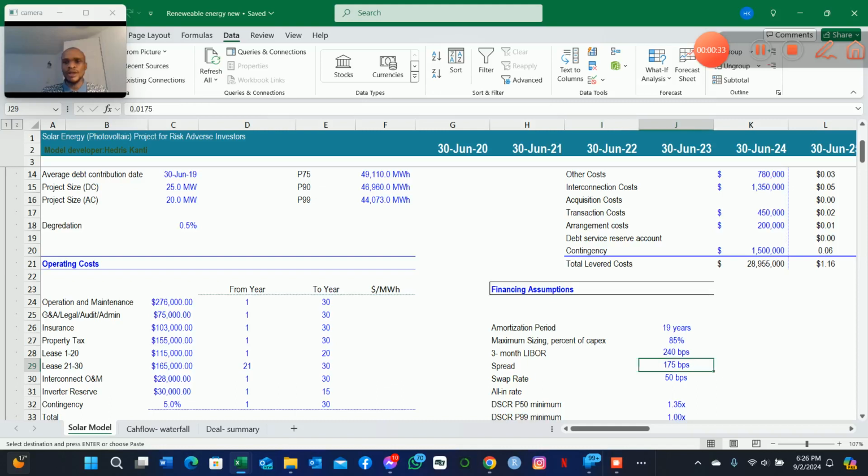And then the lenders might demand an additional risk premium for investing in such a project, and also a jurisdictional risk premium. So there is always a margin that is added to the base rate to compensate the lenders for jurisdictional risk and project risk. And then we also have the swap rate, which comes as a result of this base rate,